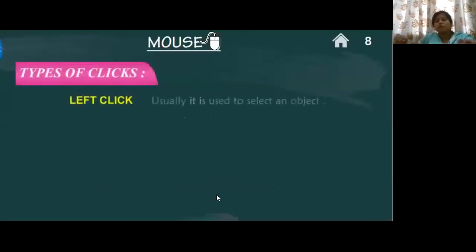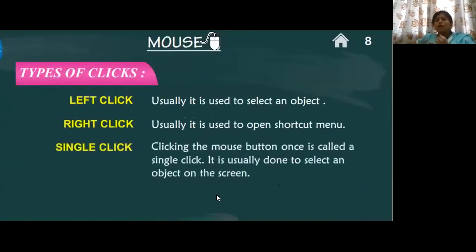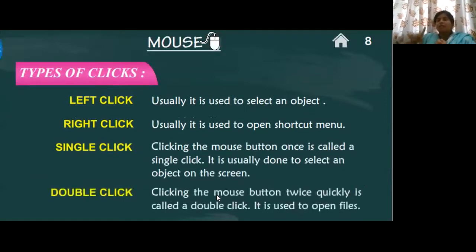Yes. So let's just learn what the different clicks are for. Whenever we do a left click with our forefinger, it is used for selecting an object. Whenever we do a right click, we're using our middle finger. It is used to open a shortcut menu, and there are two types of click. One is single click and another one is double click.